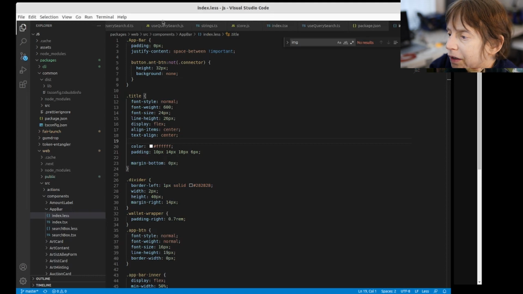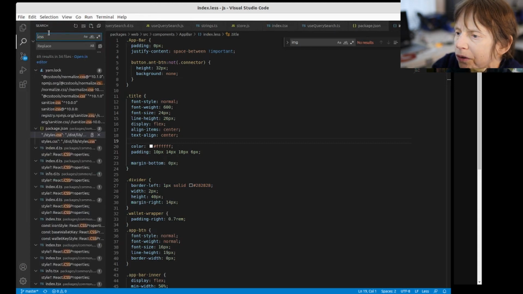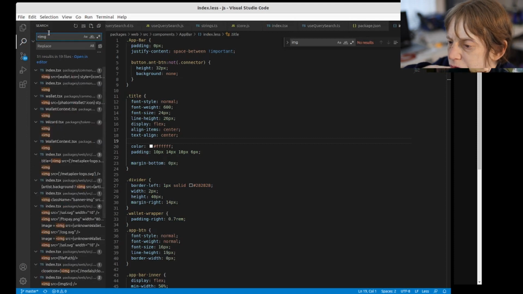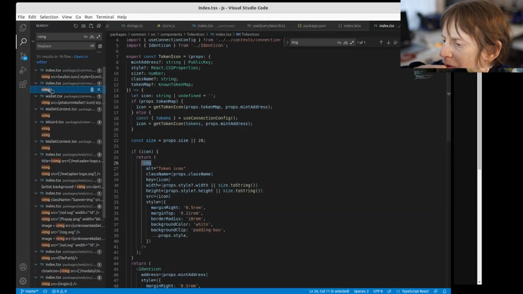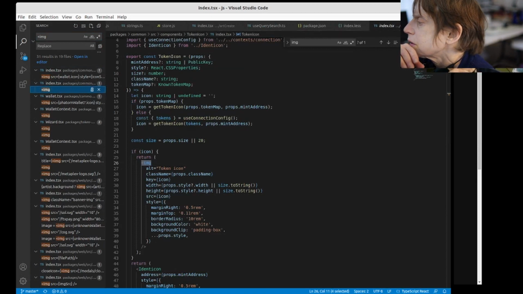This is the next thing I want to do. What I did is I did a little search here in the JavaScript, and I searched for IMG. And I looked at the likely thing. Now, index.tsx seems to be a main page. So I looked over there, and you can see in here there are, let's see,